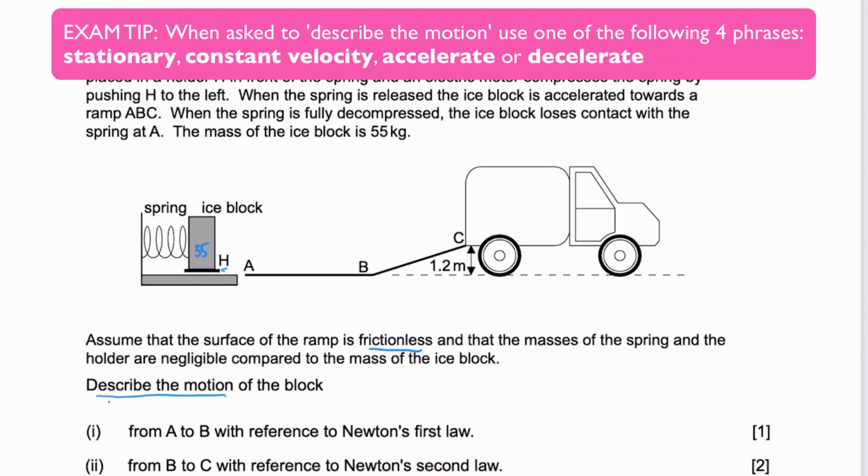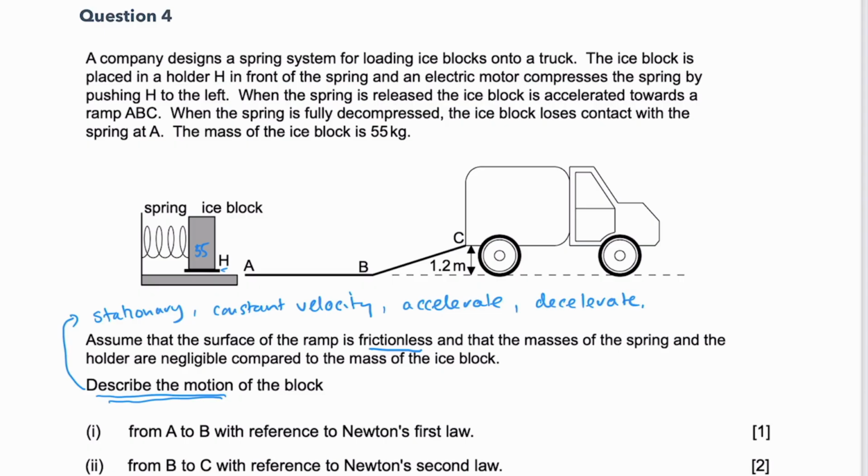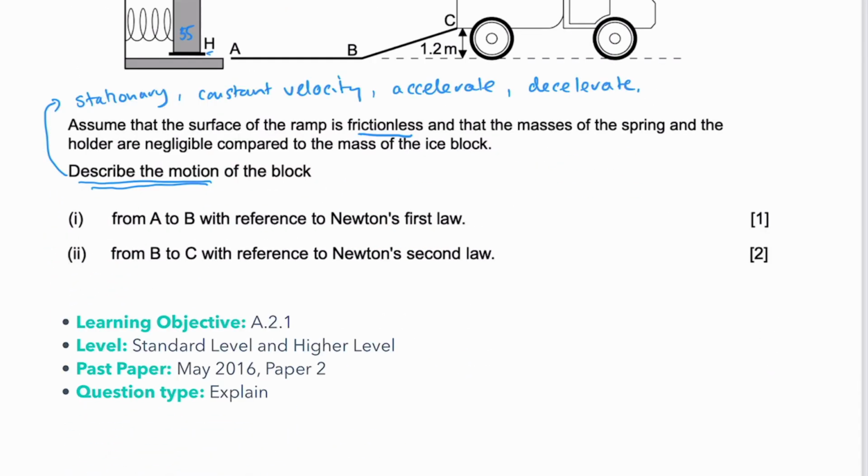Oh, another banger of a tip here. When you see the words describe the motion in a physics exam, you really want to use one of 4 different phrases. You want to use the word stationary, constant velocity, accelerate, or decelerate. So we're going to use one of those 4 phrases in each of these questions because we've seen the phrase describe the motion. Okay, so we want to describe the motion from A to B with reference to Newton's first